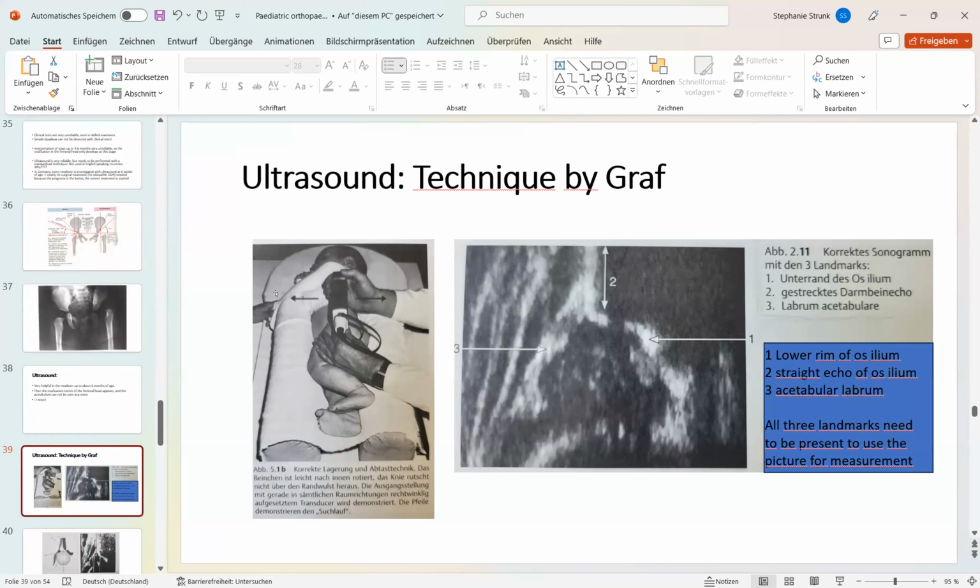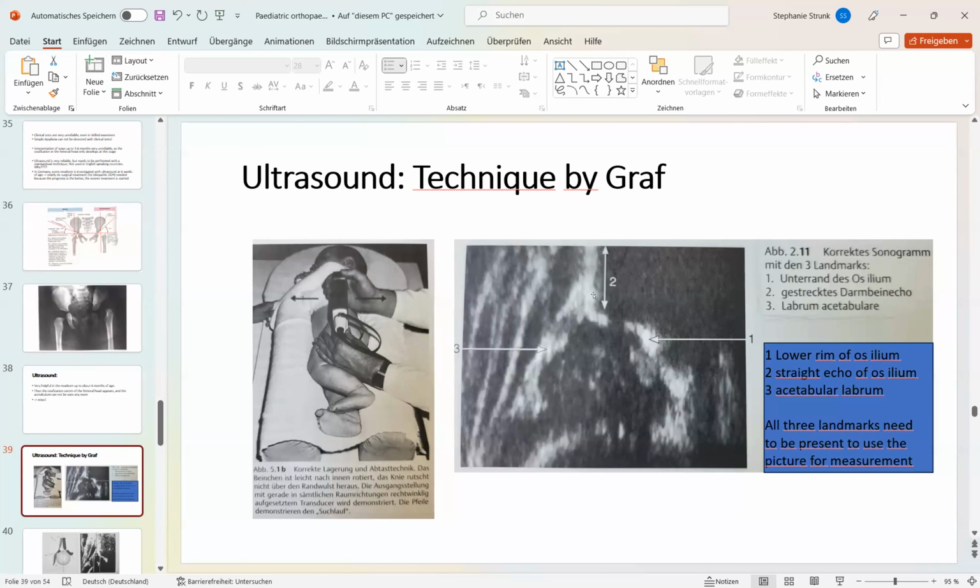So you need to put the baby in the correct layer, placed correctly, so the baby cannot move. It needs to be completely vertical here. The arm is up here. Mom is holding the baby's arm, so the kid can still move the head, but he cannot move the leg too much. Then you hold the ultrasound head here and move it to and fro,